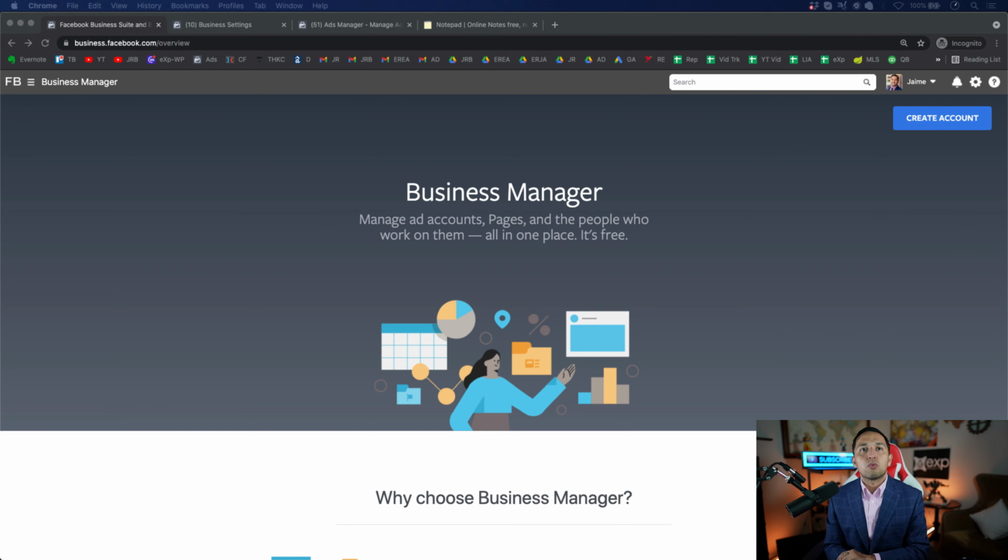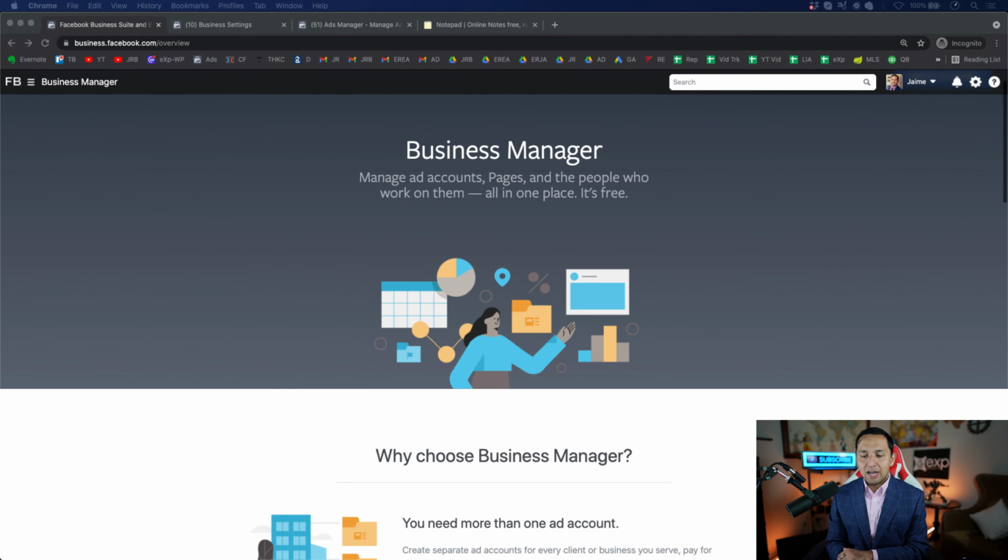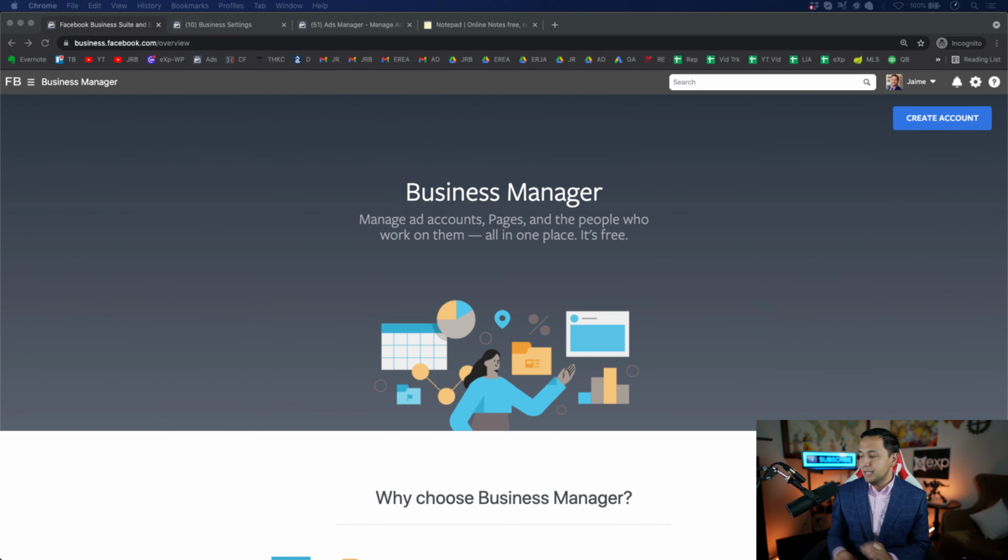So this breaks through that, so you're able to launch your ads in a professional manner, and you also get some additional features. I'll give you one example of an additional feature that people don't necessarily know about. Whenever you create your Facebook Business Manager, you now have the ability of uploading your custom audience